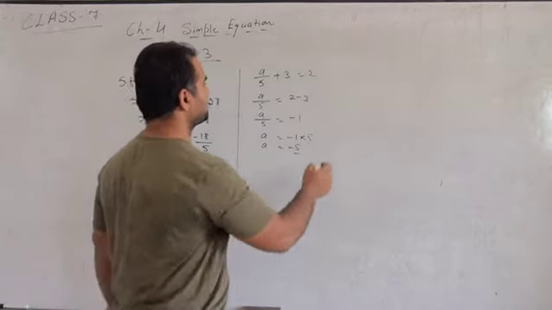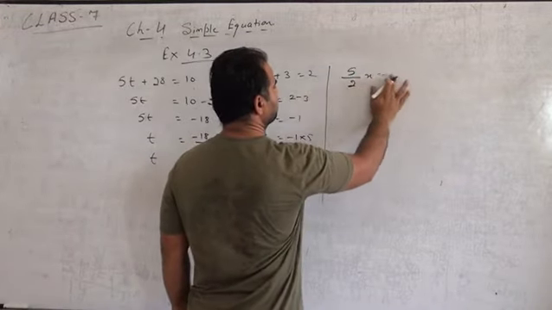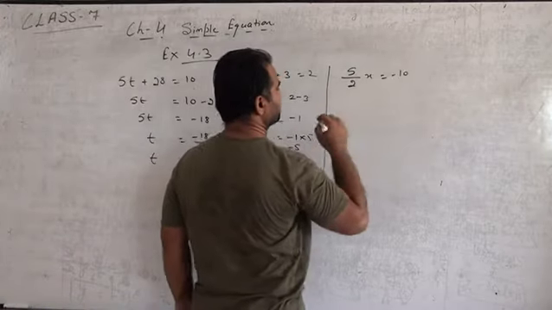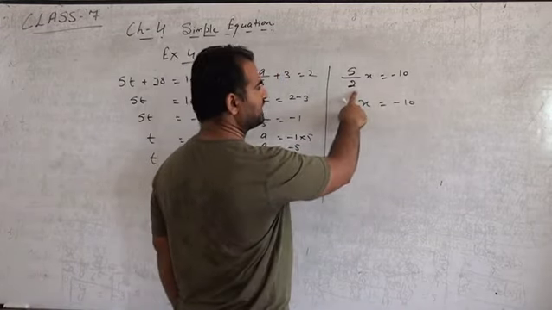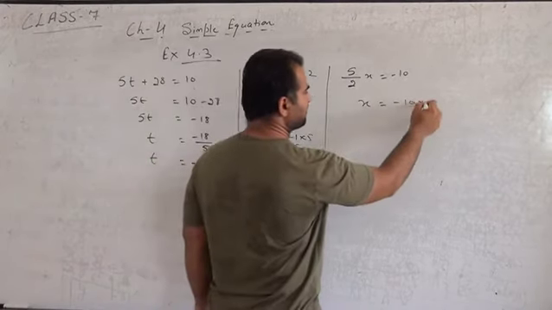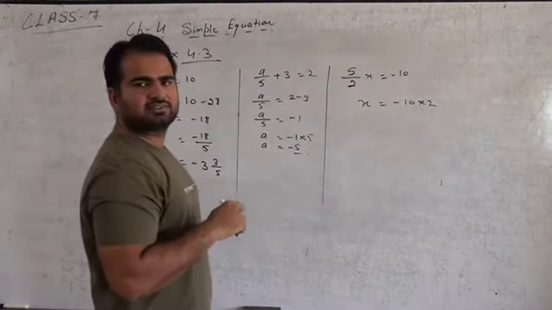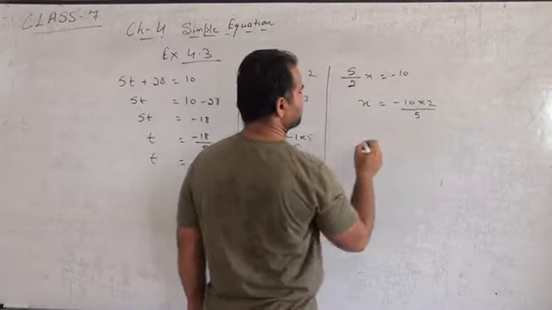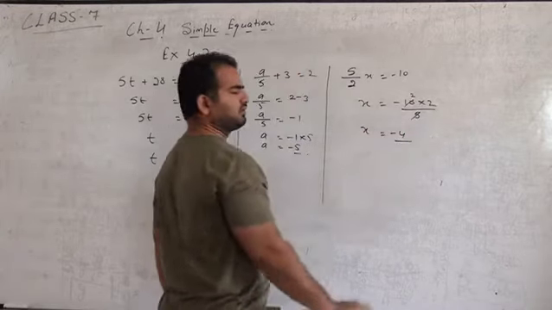So I am doing question number E. 5 upon 2x is equal to minus 10. So what I have to do is, x equals minus 10. The 2 was dividing x, so we have to change side. It will be multiplied by 2. And the 5 was multiplying with x, and when we change side it will go in the divide. So x will be, what is 5 into 10? It will be minus 4. Answer.